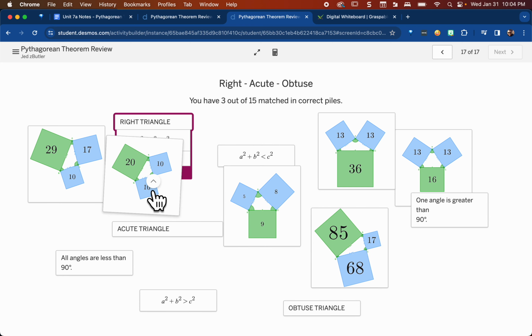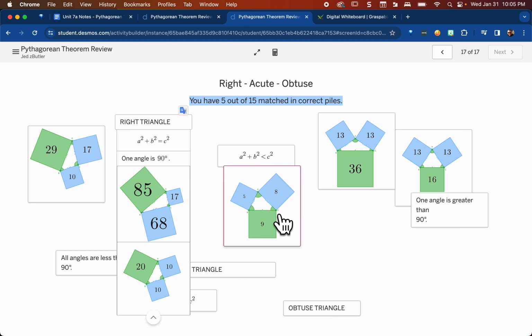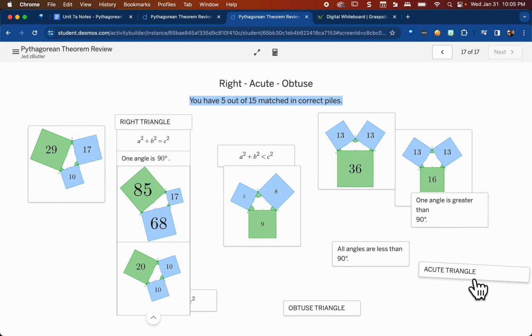Well, the 10 and 10 make 20. That's good. And it says we have 4 out of 15, so we're on the right track. And let's see, we have 13. This one here looks like it adds up. 17 and 68 do make 85. All right, so we have one group done, 5 out of 15. Let's try the